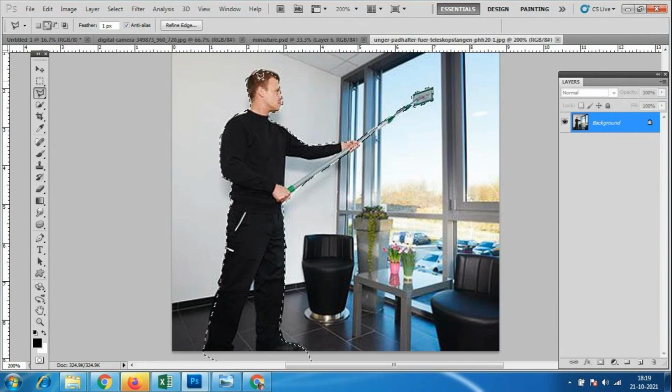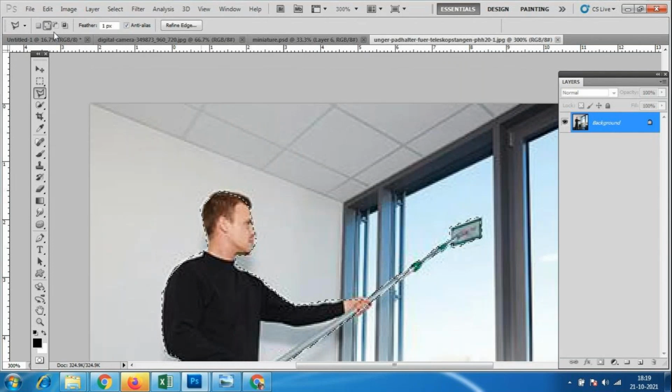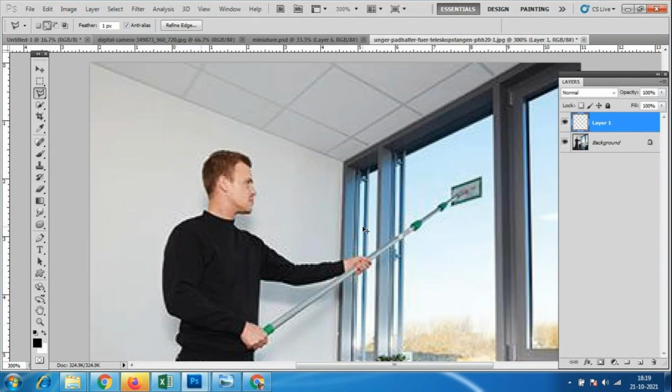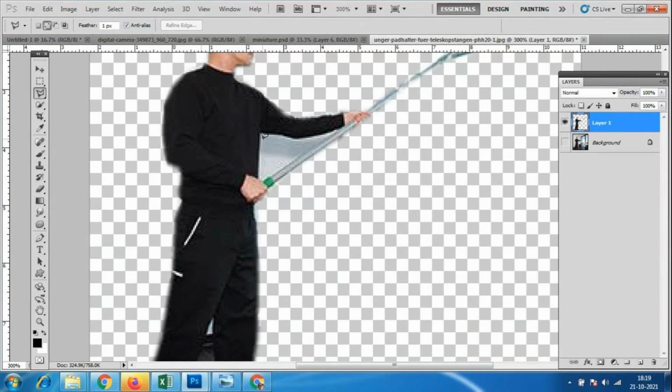So like that, if anything is not covered, I'll go here, add to selection. I'll click here and place it here, add to selection. Then Control J, which puts it in a different layer. However much of the area I don't want, I can cut it right here and place it into that file.